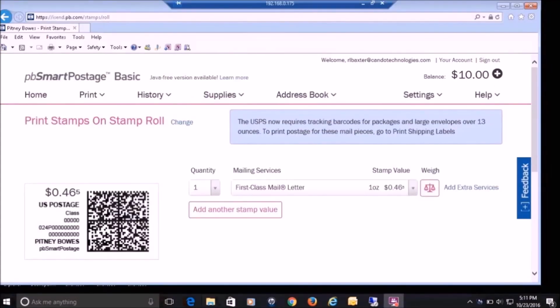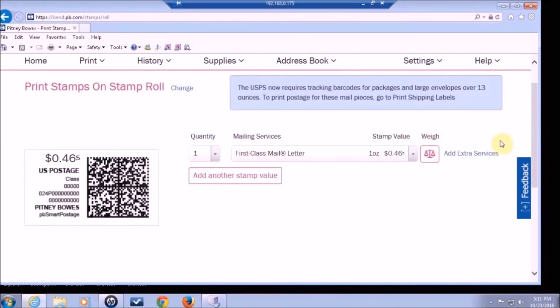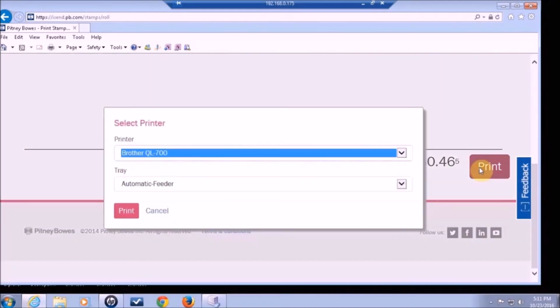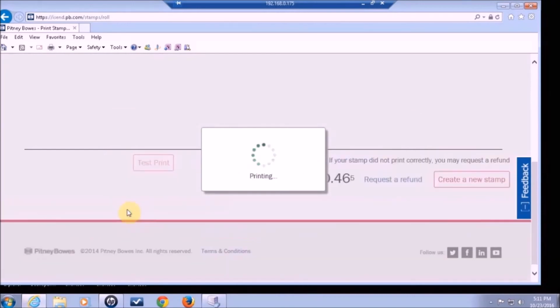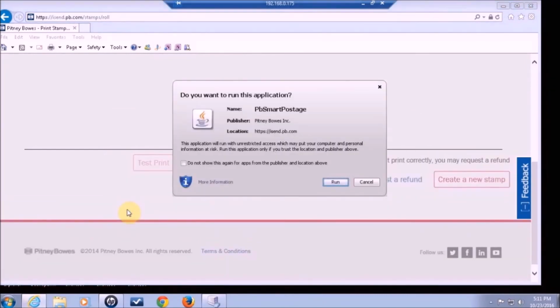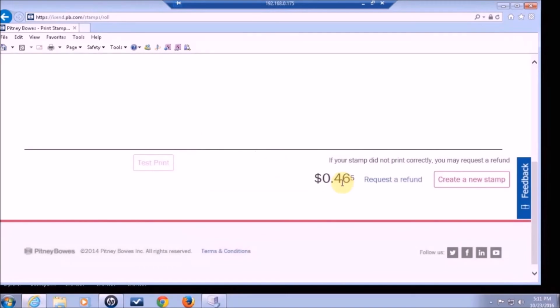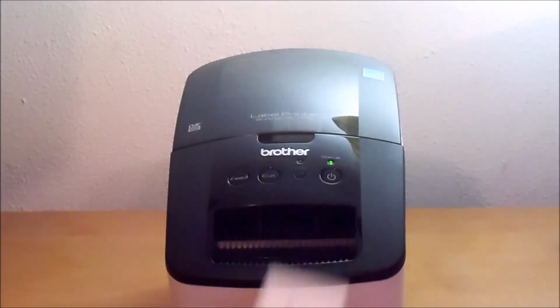And now let's go ahead and print a stamp. Printing to my Brother QL 700. It gives me a Java warning. I'm going to go ahead and say run. This is what your printed stamp looks like. Take note of the